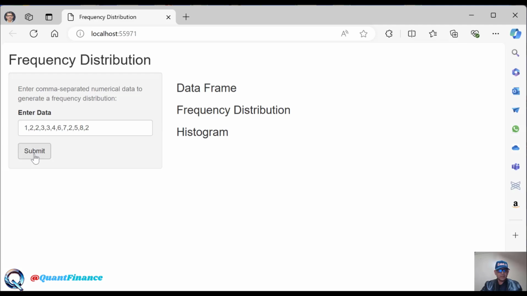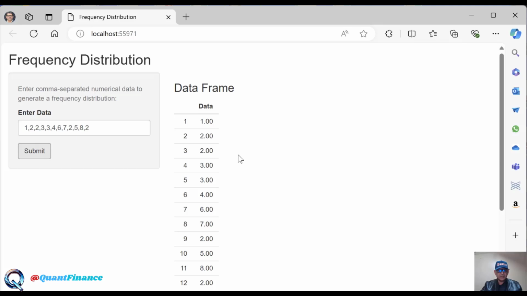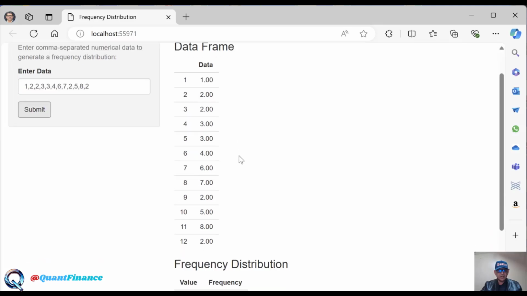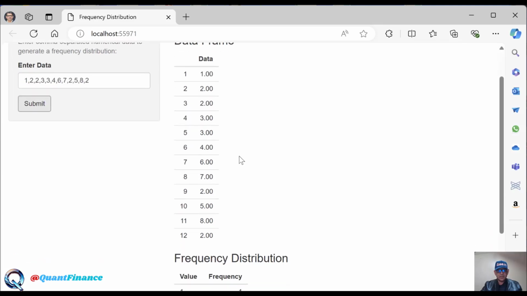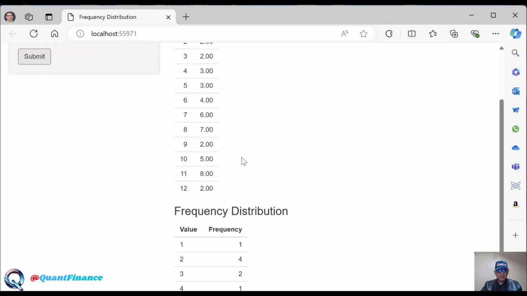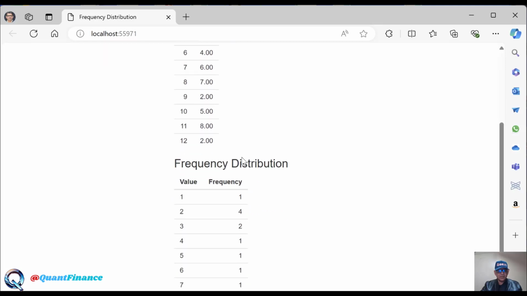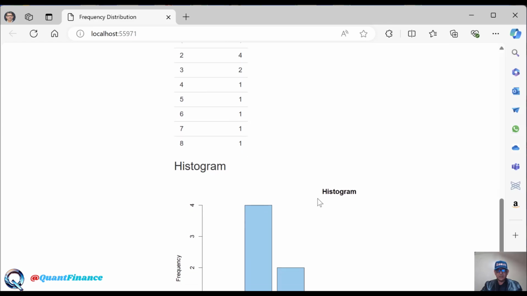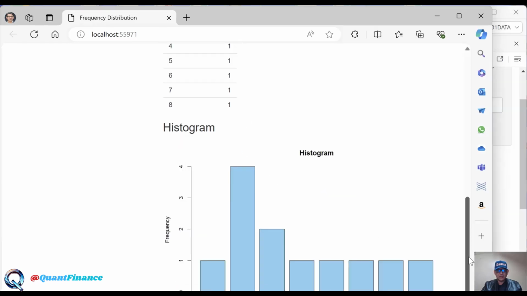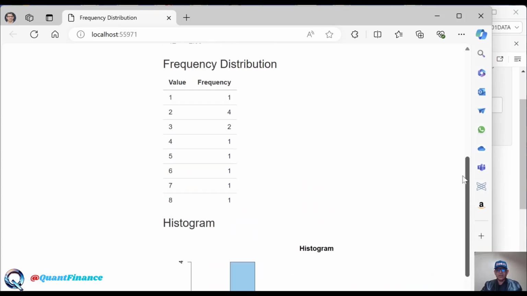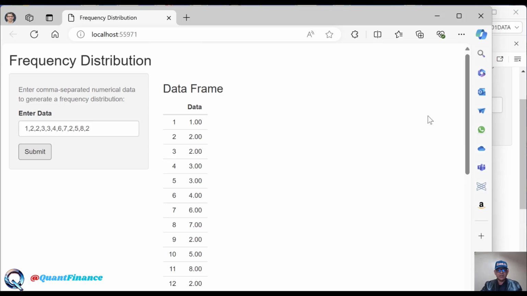Here I click because there is a functionality attached in this app, and I see yes, it is creating the data frame as it was creating in RStudio, and here it is the frequency distribution, and here is the histogram. Let us scroll down and see. Yes, so this is actually opening my files from RStudio which were made in R, and this is going to